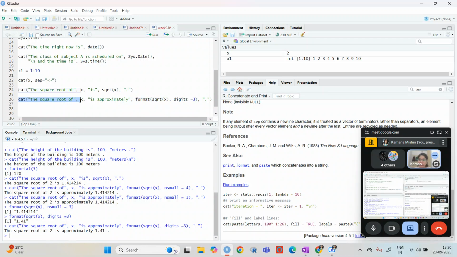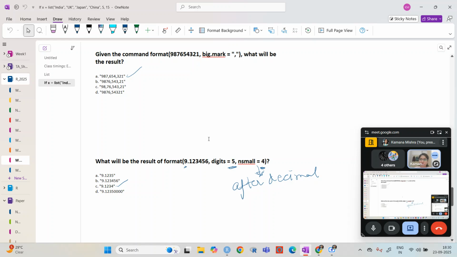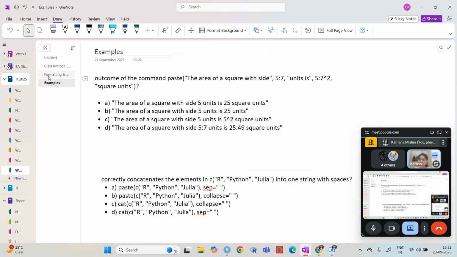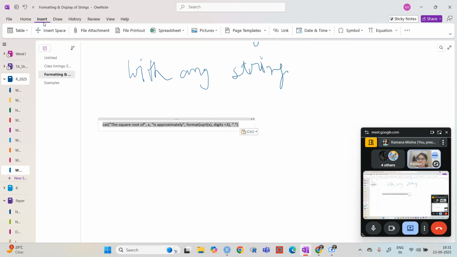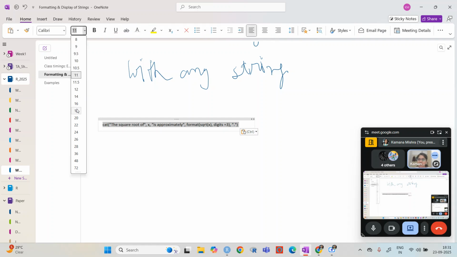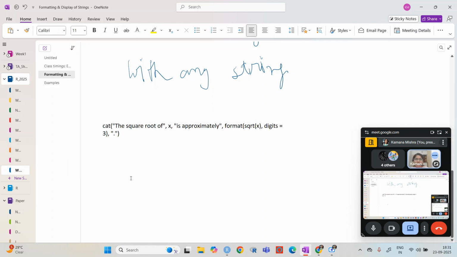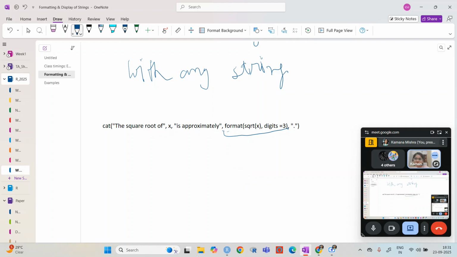So if I copy this code here, now in place of this, I can put any mathematical operation.